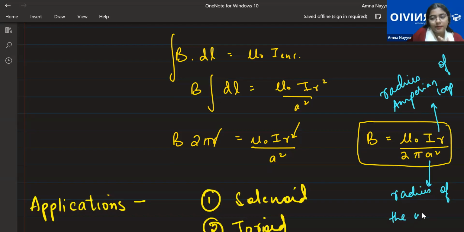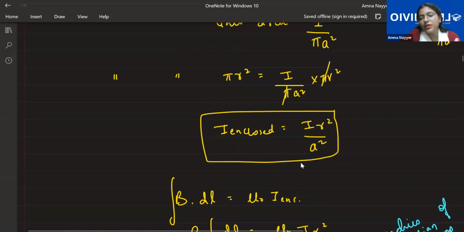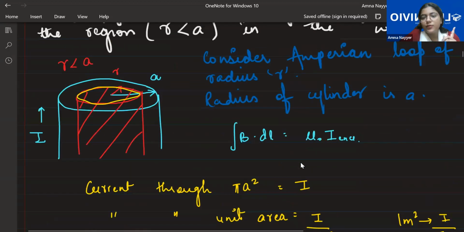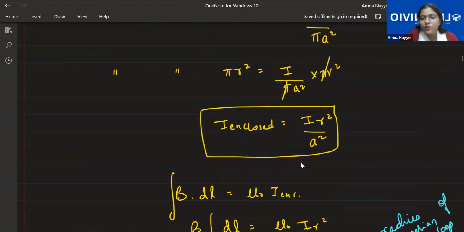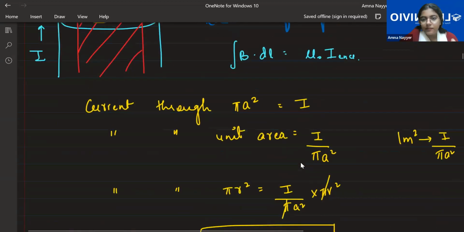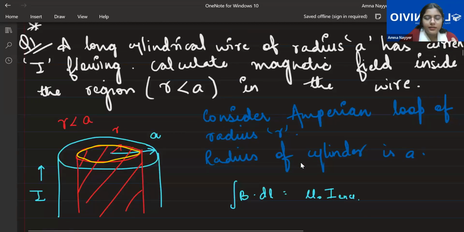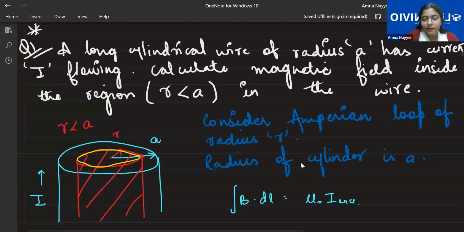Ma'am, this formula is used only for this type of question, for this case. But this case is so frequently used in the exam. That's why I said this question is very important. Because when anything will change, all these things will also change. But this is the most common question. Okay. Is it clear, Anil? Yes, ma'am. Please write it. Then we'll come to the applications of Ampere circuital law.